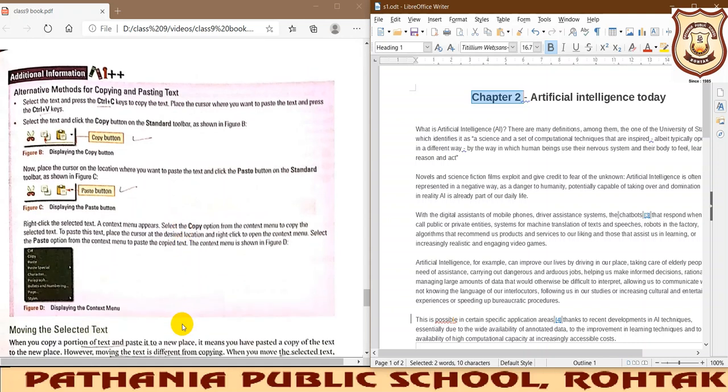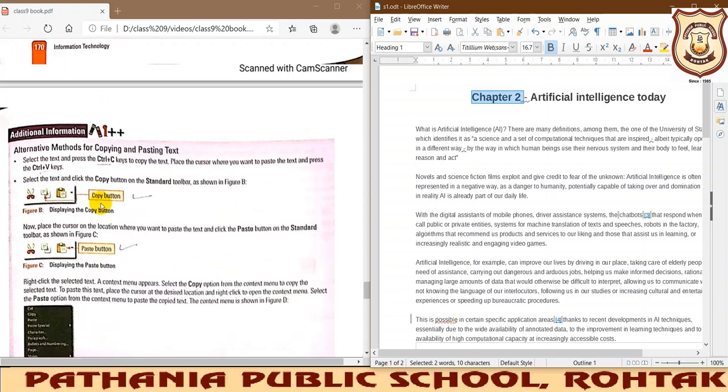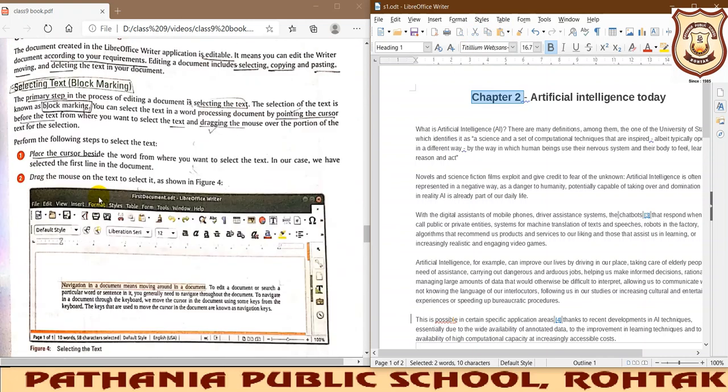Okay, you must remember the icons, they are very common. I hope you remember them. This is how to give the icon for the copy and how to give the icon for the paste, and this is for the cut. Okay, so the simple things, beta, these things should not be written in much detail.